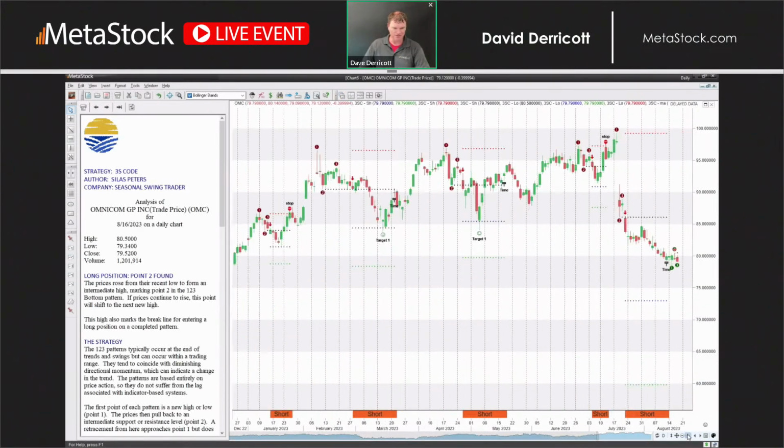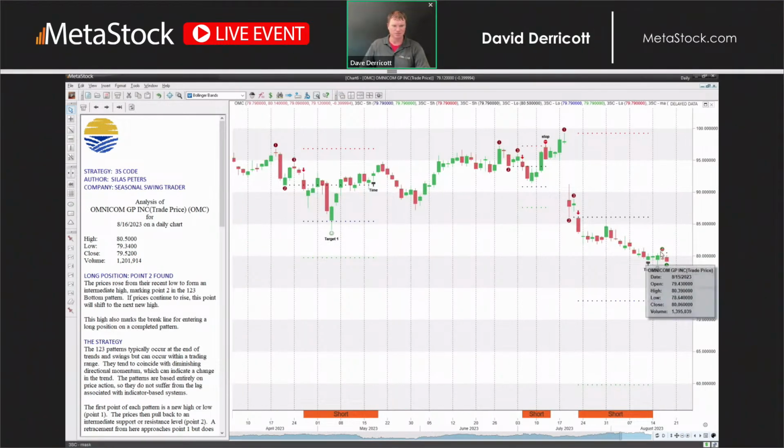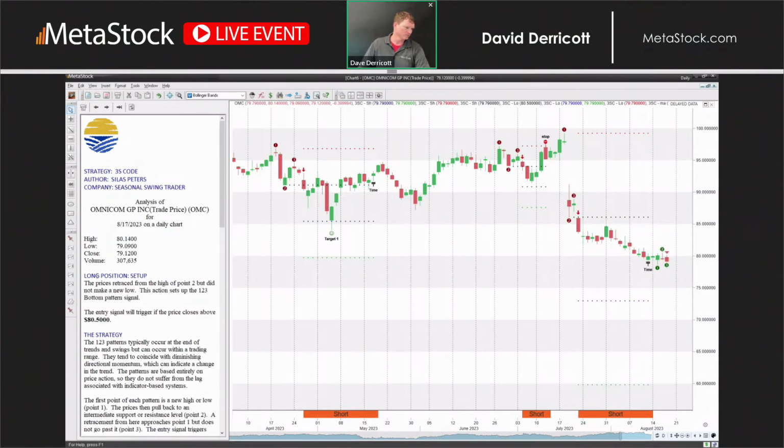Yeah, so again, I got the right pattern set up, got my 1, 2, 3 price pattern, or my M pattern, waiting for the break line. It looks like we're actually very close to hitting that, so we're just waiting for this to hit the actual price of 80.50. So once it hits that, it looks like we're getting pretty close to that, so just have to wait on the data to load for our next one. But again, you can change this over to an intraday if that's what you want to look at.